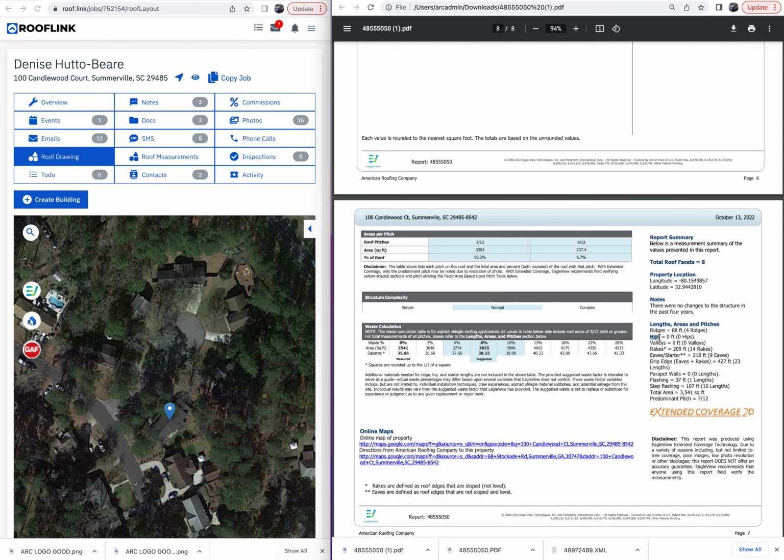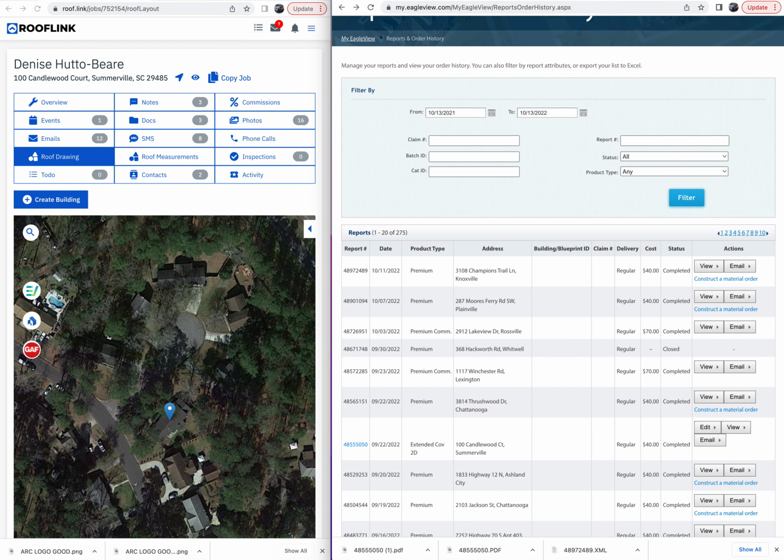Hips, like so. There's two different types of roofs: a gable and a hip roof. And hips are ones that mostly have eaves all the way around. But in this property, I see no hips, so it's not showing any in that. So in terms of